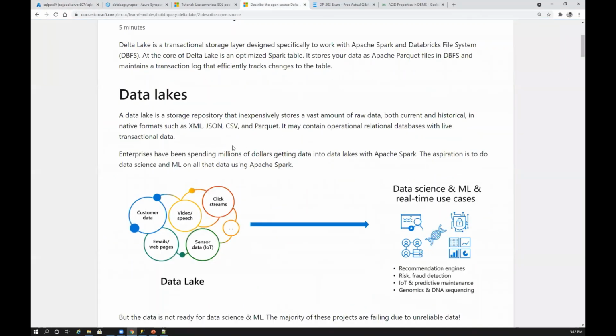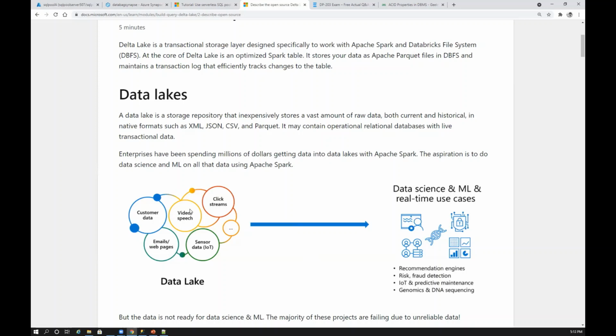Yeah, going back to Delta Lake. We know what is Data Lake. We discussed it in our first session, Azure Storage Blobs and Azure Data Lakes. Data Lake is a single storage repository, a storage platform, which supports structured, semi-structured, and unstructured data. So customer data, video, clickstream, sensor, IoT, emails, all the data will be stored here. And from this data lake, you can fetch the information for your data science use cases, ML use cases, BI use cases, or streaming real-time use cases, any kind of use cases. You can pick the data and do your analytics or analysis.